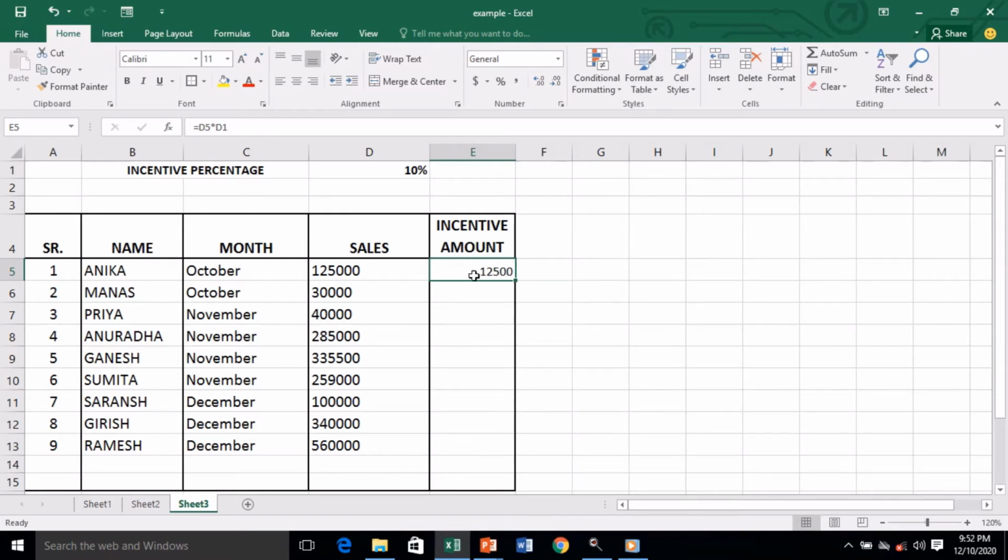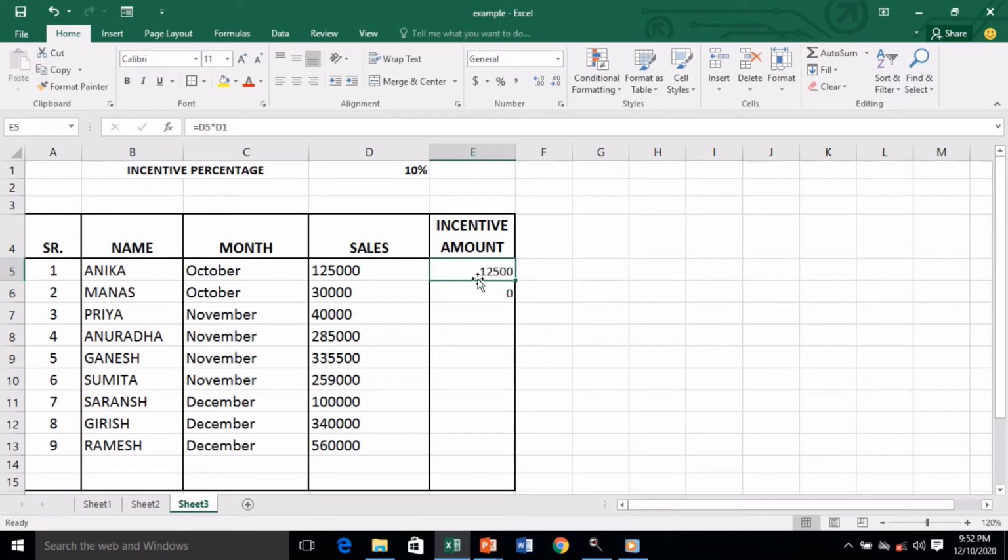Now we will copy the same formula for other cells. So I'll click on the copy option. I'll go for the next one, and as we have just seen, automatically the cell address will change. So let's see, we'll copy here. We got 0. Why did we get the 0?